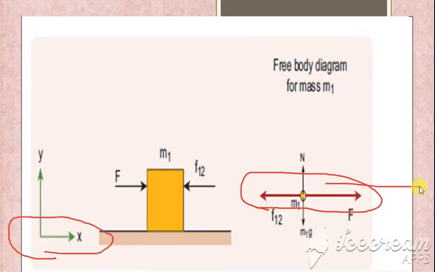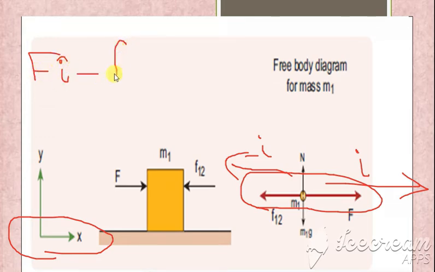So this is along the positive x direction, this is along negative x. So positive x, what will we write? I. Negative x, what will we write? Minus I. So that is the equation which I am going to write here: F into I cap minus F12 into I cap, that is equal to, so we have an external force here, so I am writing it as m into a. We can write m into a, or else we can write m1 into a, because this is all due to what? The mass m1.